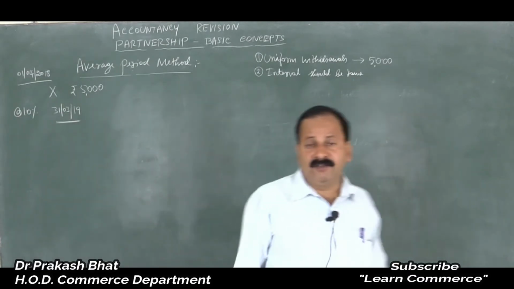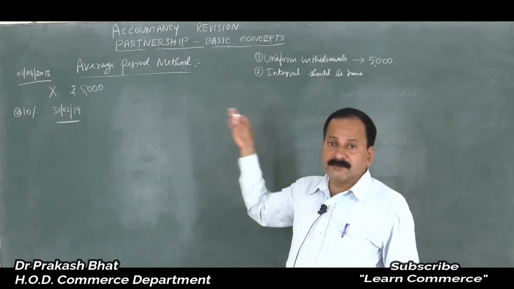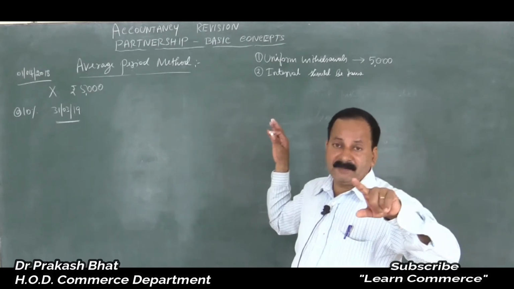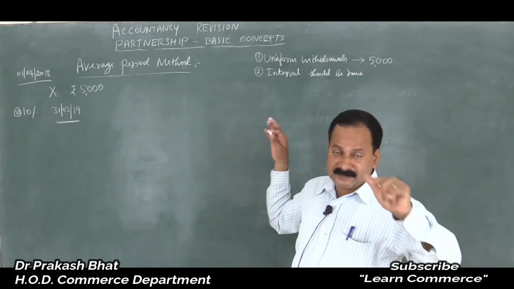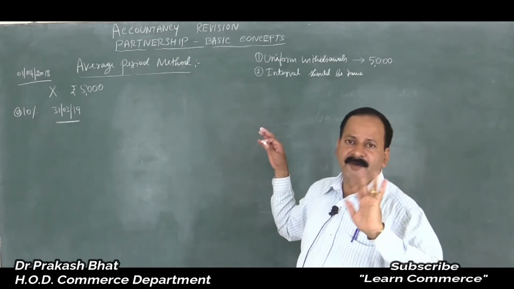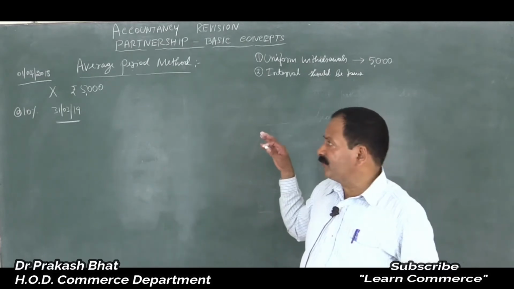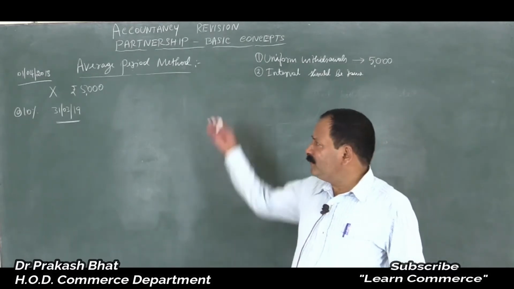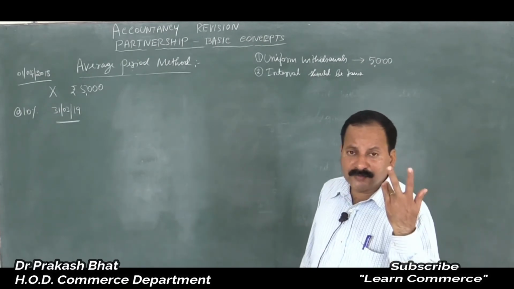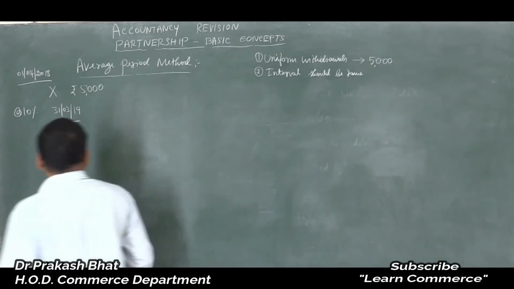Now let us follow the average period method. When you get problems like this, you can follow average period method. If they mention specifically product method, you have to follow product method only, not average period method. Remember, if they tell you to calculate interest on drawings straight away, then follow average period method. Or if they specifically inform you to solve the problem under average period method, you have to, isn't it? So let us take up this.